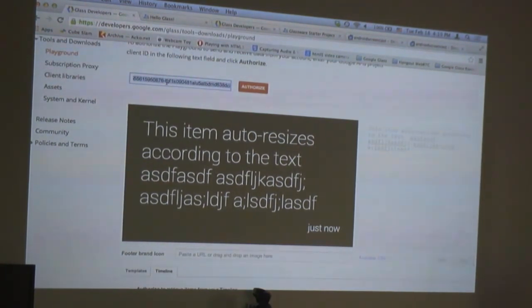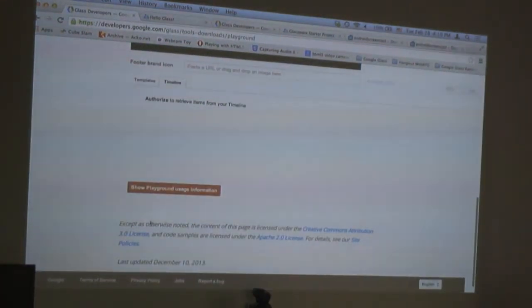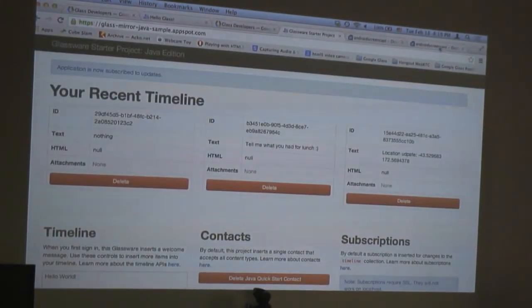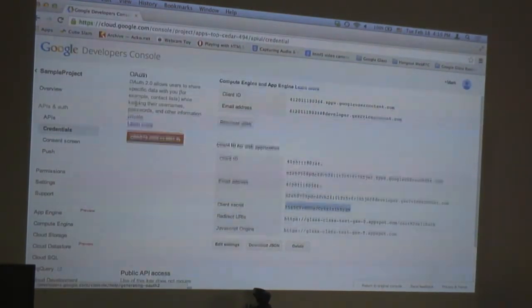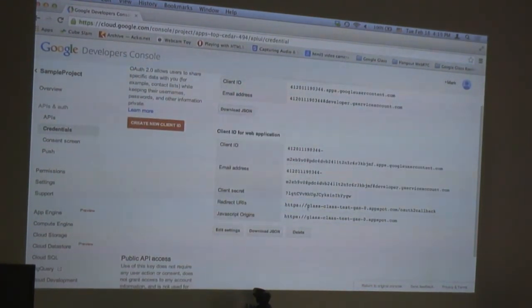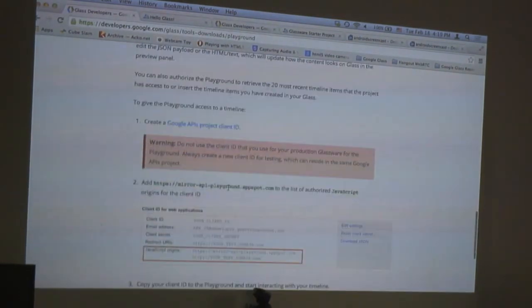And the way to create this client ID is, if you click, I think it should have a link down here. Yeah, here it is. If you click here, it will explain how to do that, but it's basically going to the API console, and probably within the same project, you've created your own credential for your web app. You just create a new one, and then if I go back to this website, there is a special